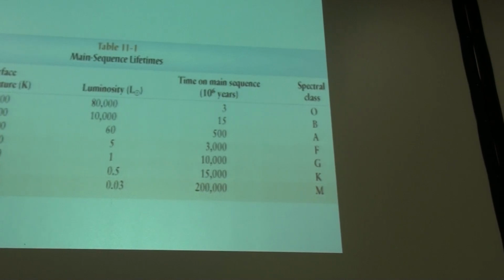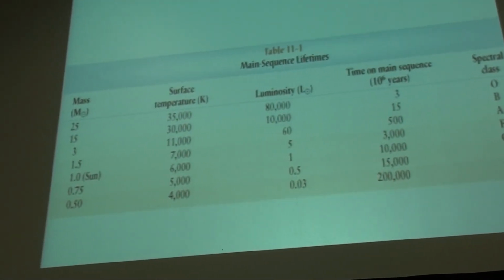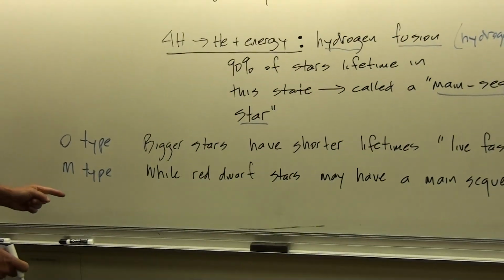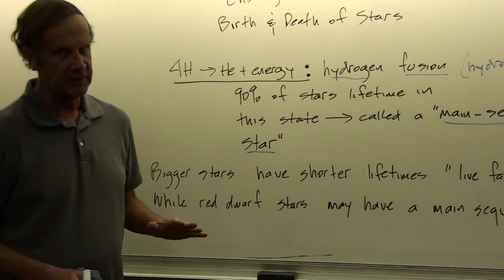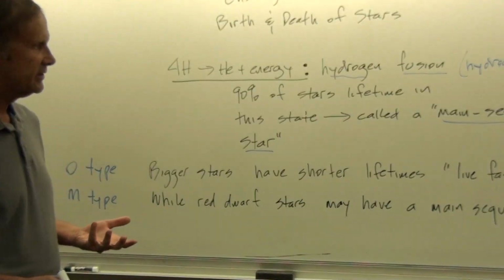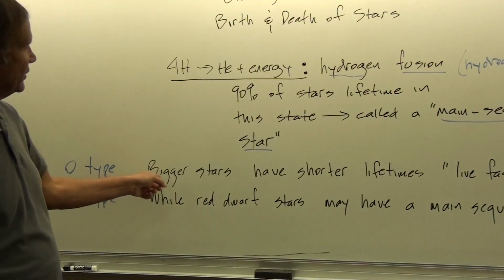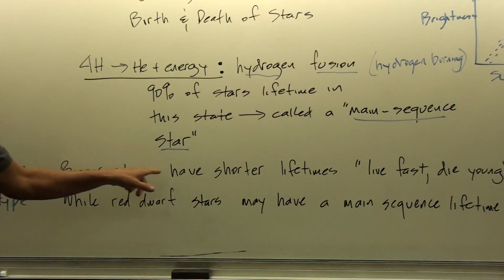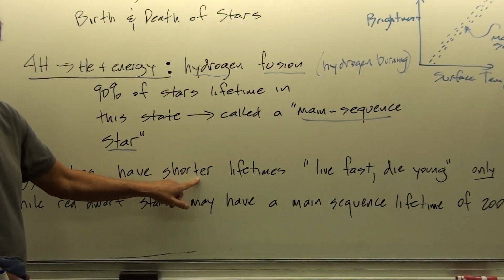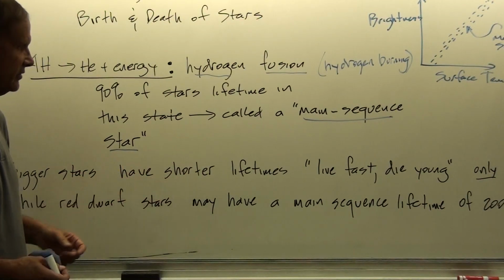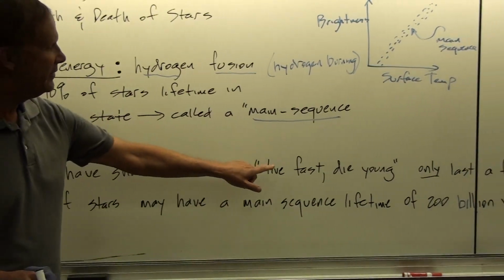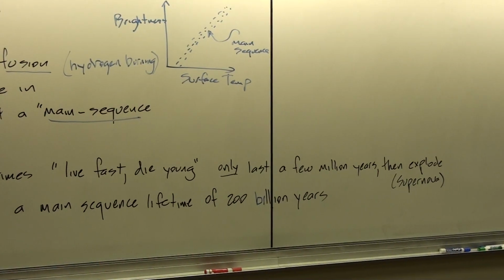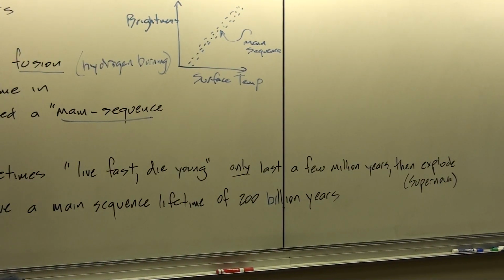Now, I'm not going to make a big deal out of the nomenclature for the types of stars, other than to say that smaller stars have a lower surface temperature, lower mass, and a lower luminosity, whereas bigger stars have a higher mass, a higher surface temperature, and a higher luminosity, which should make sense. The bigger stars just burn brighter.